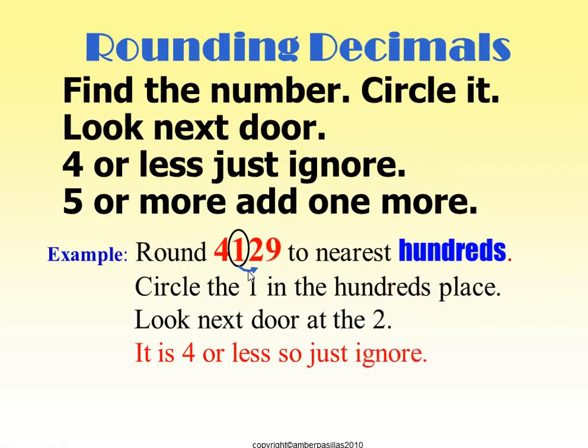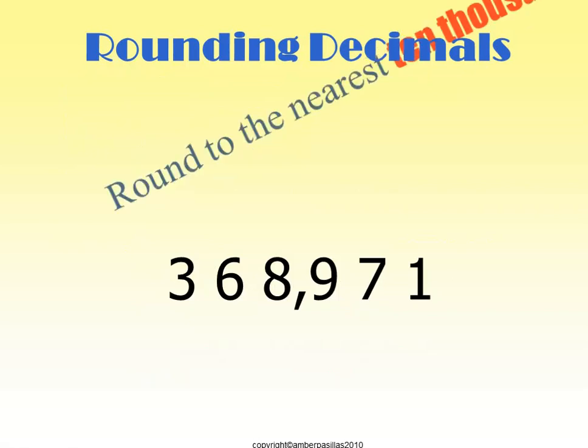But what will I put instead of it? 0. And all of the numbers to the right of the 1, I will put zeros. As you can see here, it will be 0. And I will keep 1 as it is. And 4, I will not do anything with any number to the left of the circled or rounded number.